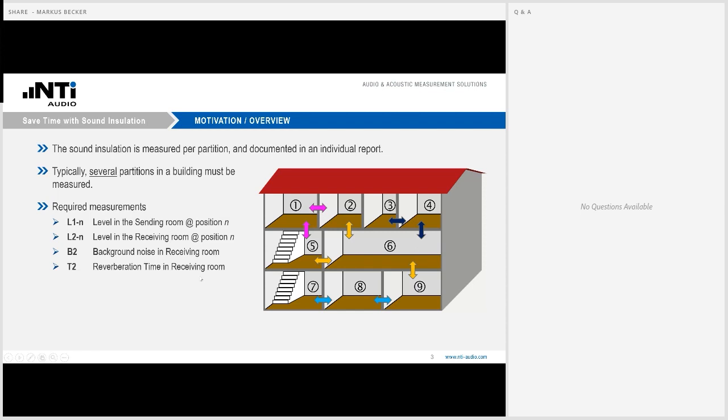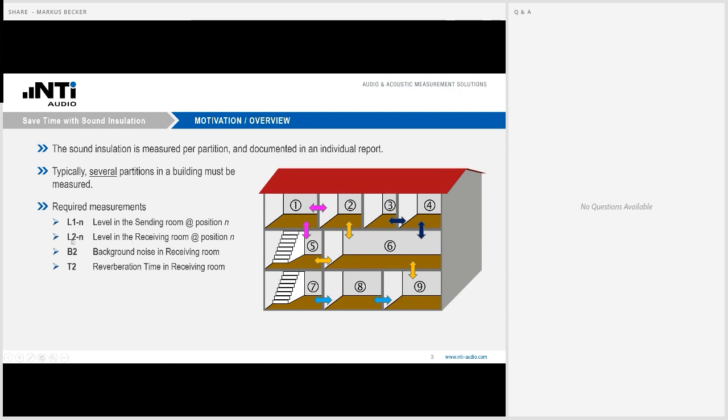But in order to find a common ground, I just briefly summarized the 4 key measurements that need to be executed for a sound insulation measurement. It's the sound level in the sending room that needs to be measured. L1 stands for sending room, and that typically needs to be done at several positions. That's where the N comes from. The same applies for the receiving room.